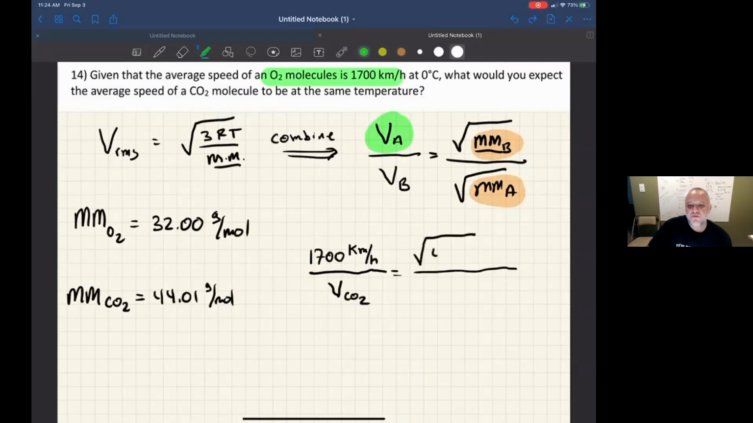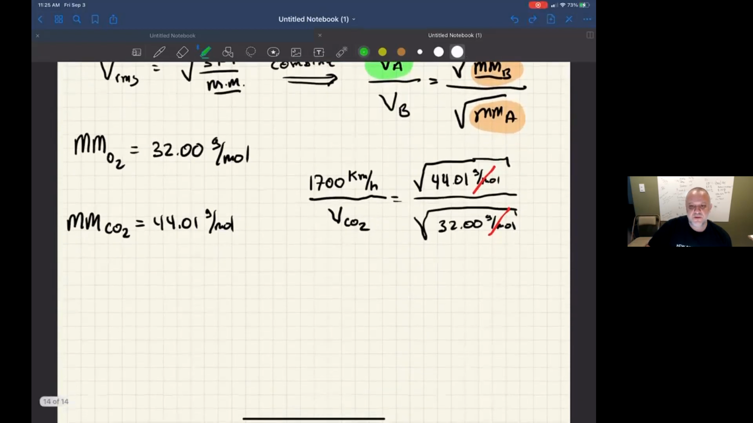And so that equals the square root of 44.01 grams per mole divided by the square root of 32.00 grams per mole. Now, the square root of grams per mole is not a unit that makes any sense, but since it's in a ratio, they're going to cancel anyway. And you'll see that ultimately we'll just be left with kilometers per hour. So let's start doing some math. The square root of 44 divided by the square root of 32 is